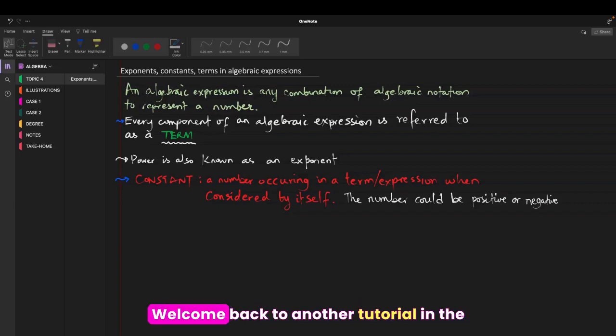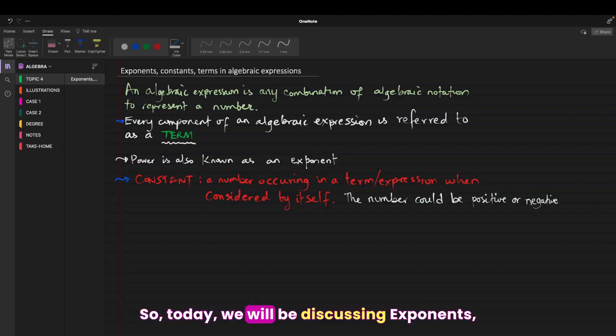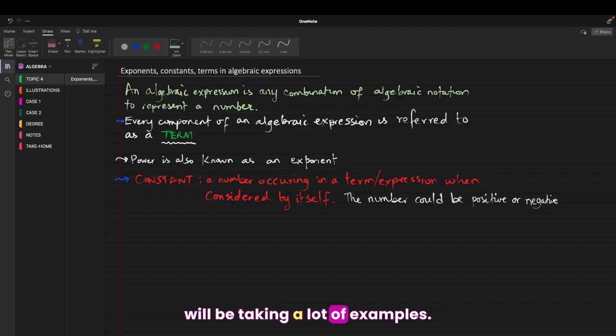Hi everyone, welcome back to another tutorial in our Algebra 1 series. So today we will be discussing exponents, constants, and terms in algebraic expressions, and we will be taking a lot of